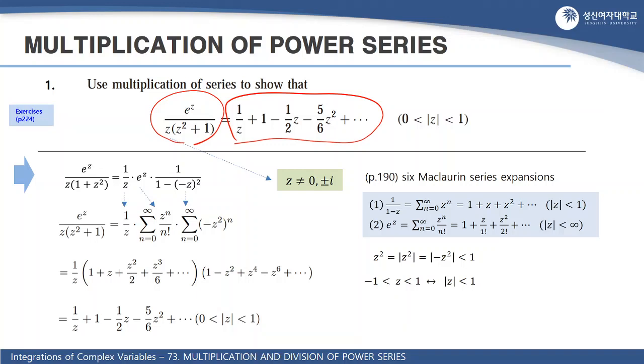Here the circle of convergence is the punctured disk given by the modulus of g greater than 0 and less than 1. Here we first check what the singularity for the given function is. In this case, g is not equal to 0 and plus minus i. Excluding these 3 points,